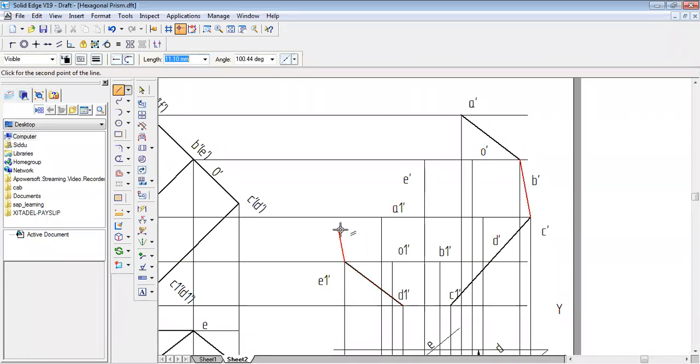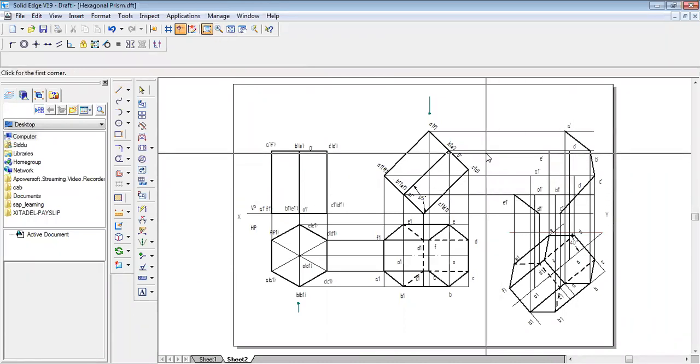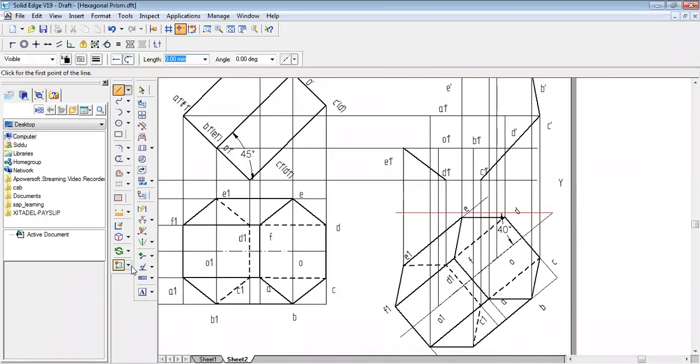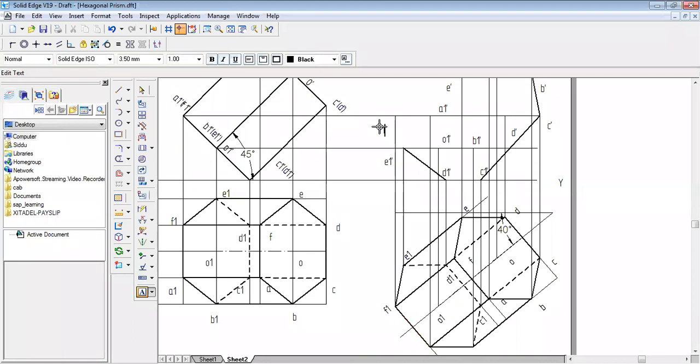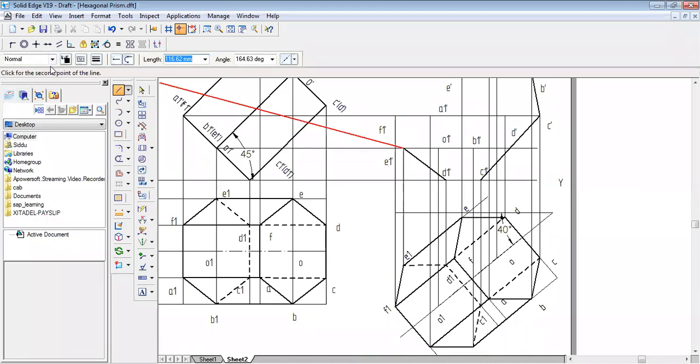Sir, F and F1 is not written, sir. Oh, F1 is not done, I think. Yeah, that is why we have made a mistake. Sorry. Yeah, here we made a mistake. That is why if you make a mistake, even one point is going to be trouble. So this is my point here. This is my F1 dash, right, friends? So now I think it's clear.